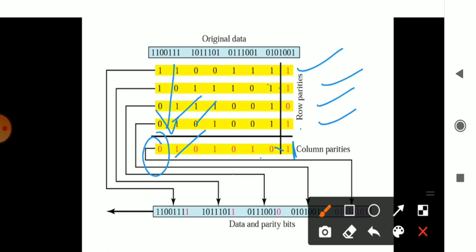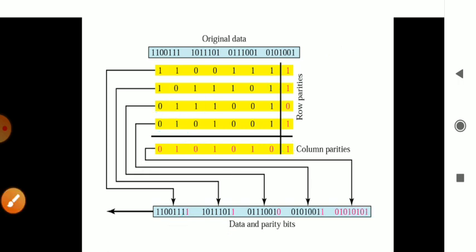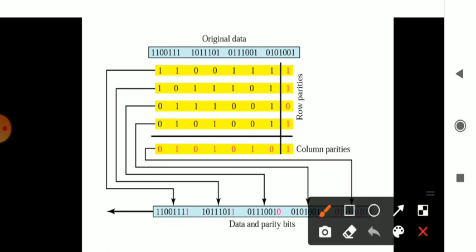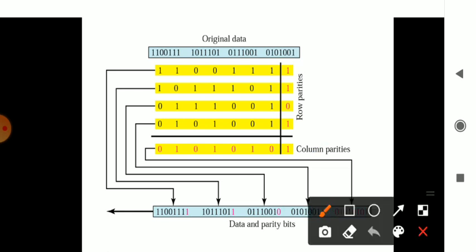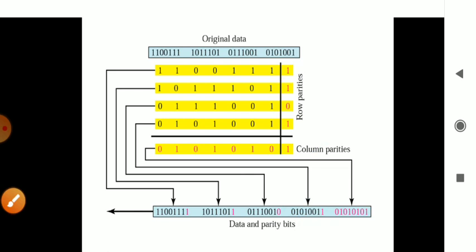If there is a problem here, you can check out here it is passing 1, here it is passing another 1, this one. Column wise, row wise it is being checked here, the numbers. So here 1 is being passed, here also 1, since there are an odd number of ones. For an even number of ones, 0 is being passed, here also even number of ones. For an odd number of ones, 1 is being passed, and here also you have an odd number of ones at the end, also there 1 is being passed.